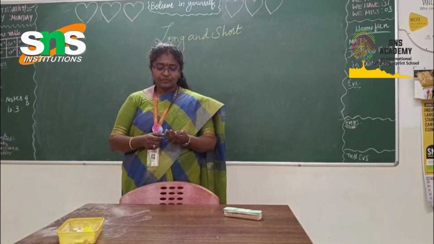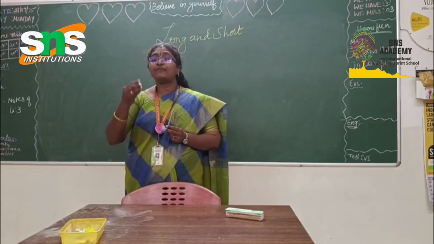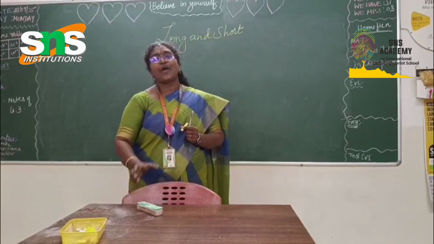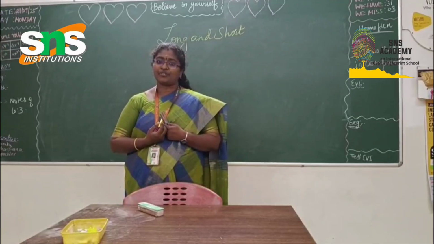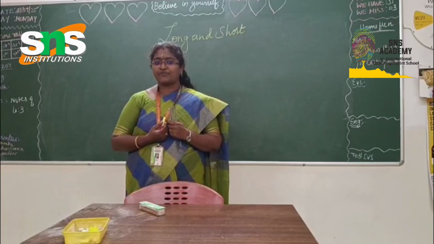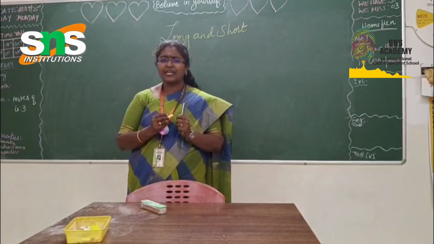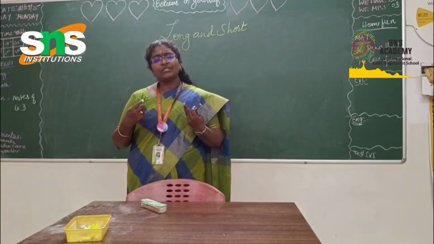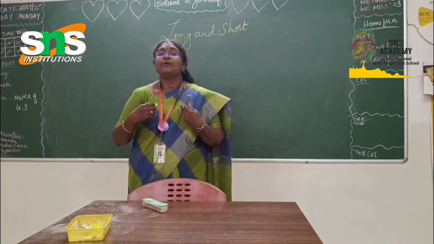For example, you can take your own pencil. Suppose you want to measure your pencil, or the chalk piece, or the duster. You can measure everything around this world, and measuring is very important. Suppose you are having breakfast, how many idlis can you eat? Minimum 2 idlis. Maximum 3 idlis if the chutney is really spicy for you. More than that, have you tried? No, you cannot even try, because you will be vomiting it.